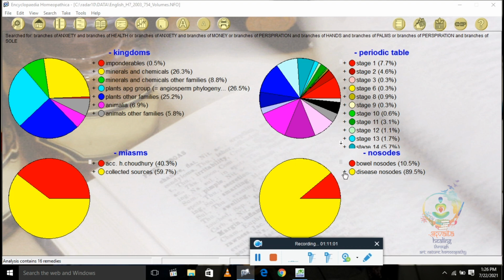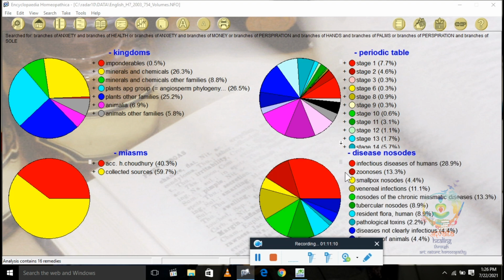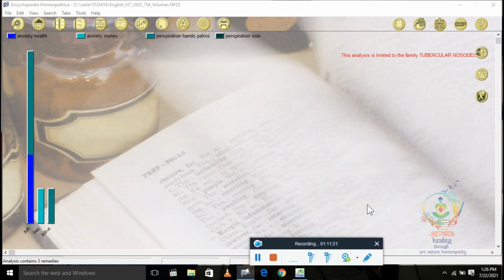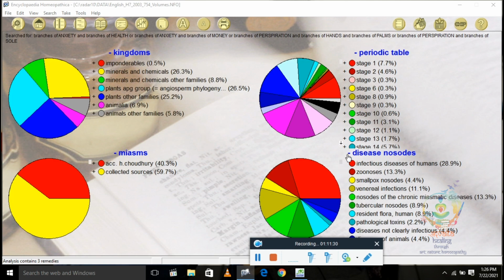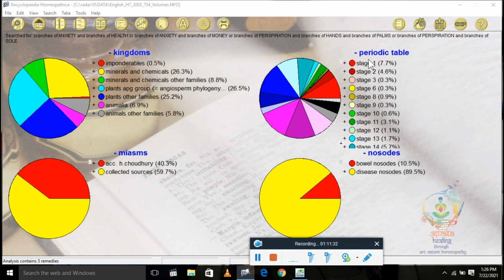Now if you want to see a particular nosode, you can go to disease nosode by clicking the plus, and you can see all the classification of nosode remedies given here. If you want to see tubercular nosodes only, you just double click on tubercular nosode, and all tubercular remedies will appear. Same for the others. See this periodic table.